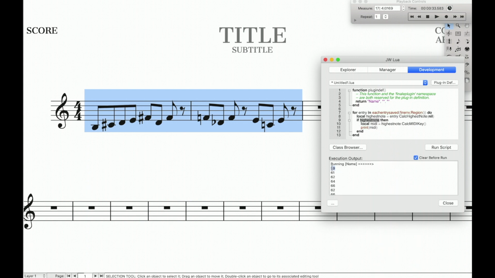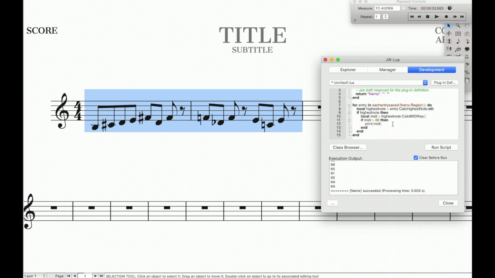So if you find the first note is a B and that is 59, that means C must have a value of 60. So now after we have figured out what the pitch is, let's add in another if statement here and say if MIDI is greater than 60, then we'll run this code and we'll hit end. Now if we were to hit run script, we should only see values that are higher than 60, which means